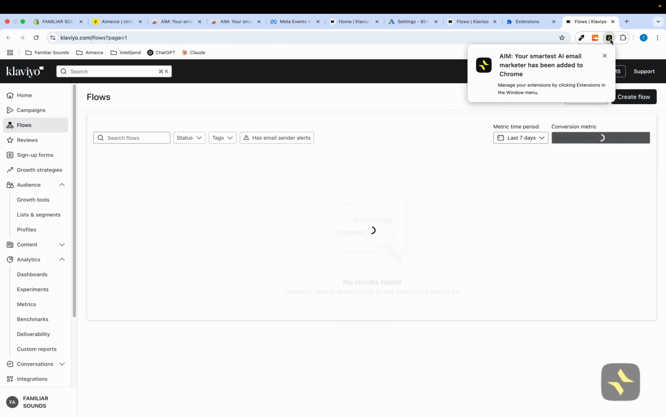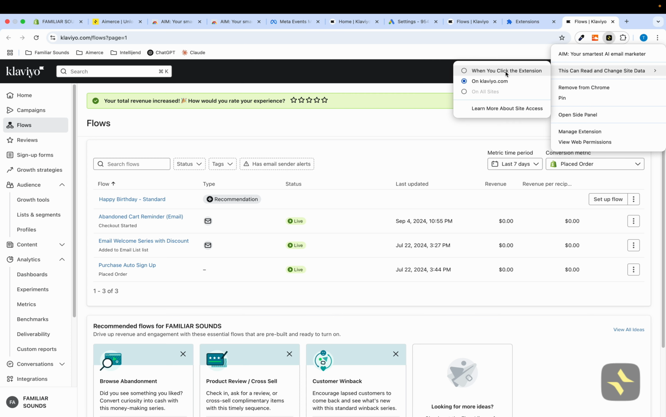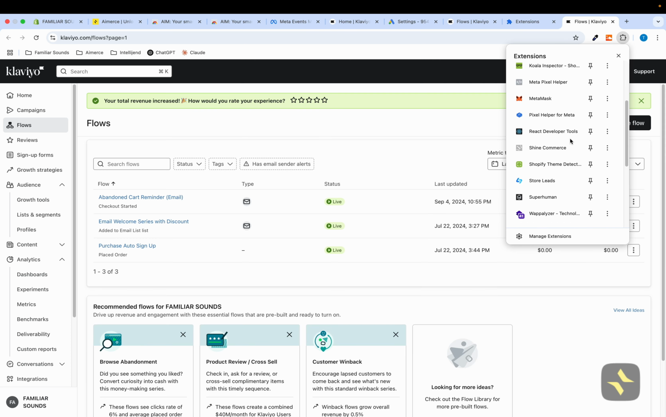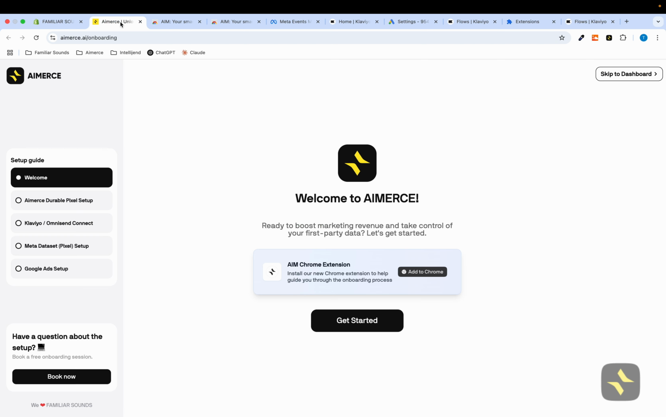Once we get there, we're going to see it up here. I like to right click on it and press "when you click extension." It's going to reload the site. I also like to pin it, because we're going to be using it, so we're going to go ahead and press pin. So now when I go into Aimerce, we'll have it up here, and I'm just going to click on it